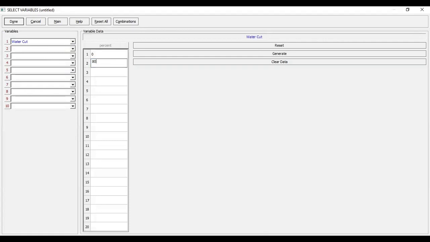If you have water cut 80, it means that you have water more dominantly, and because you have much water, the density or the weight of the liquid column in your well will be heavier, and maybe the reservoir pressure is not sufficient to lift the liquid from the bottom hole to the surface, and your well will die. Okay, so we click done.